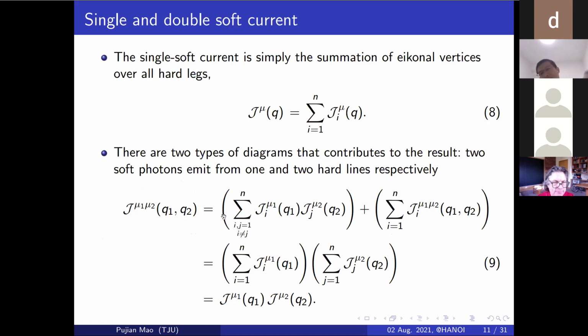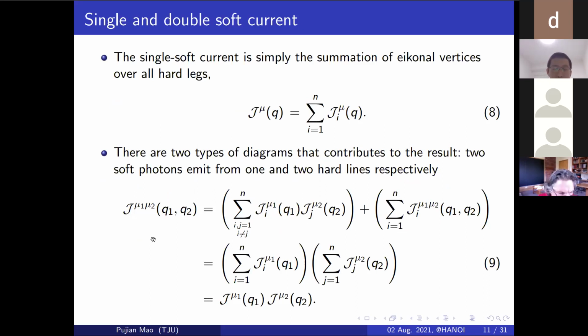Then for the single one, you just take the summation over all the possibilities, like here, the photon emitted from all the hard lines. And then for the double case,